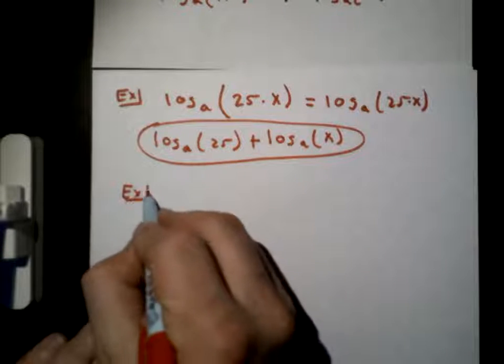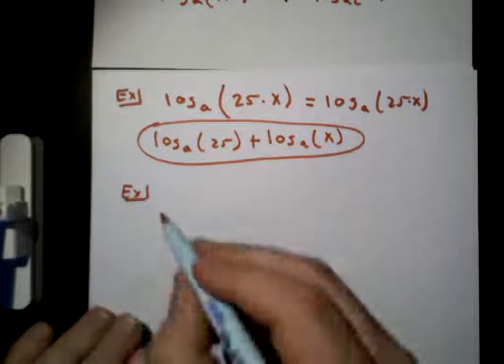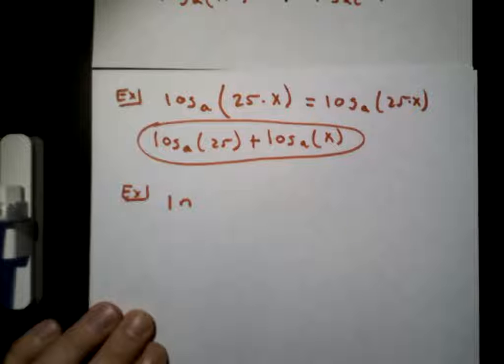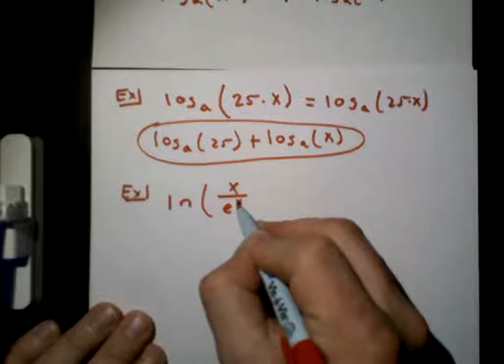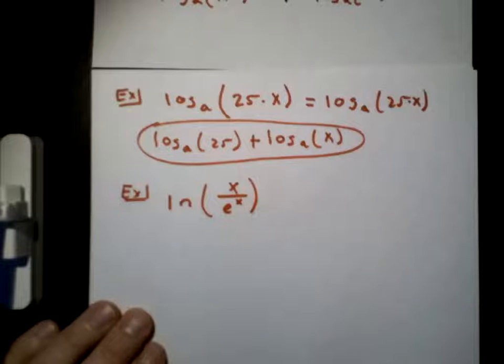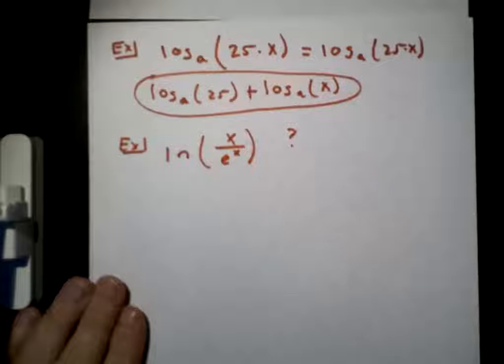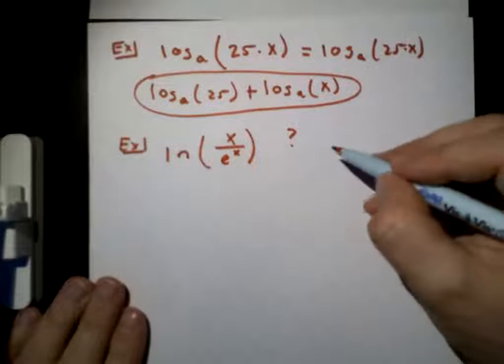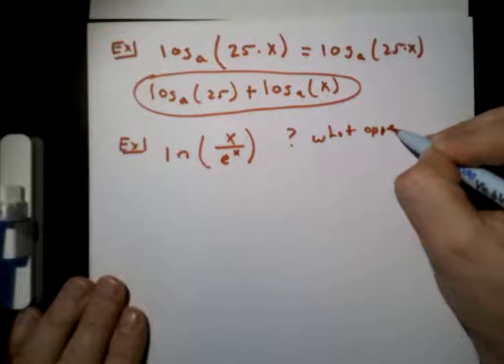So let's do some more examples that involve a little bit more problem solving. Why don't we do an ln of x over e to the x. Now, if we have this property, we want to question what operation